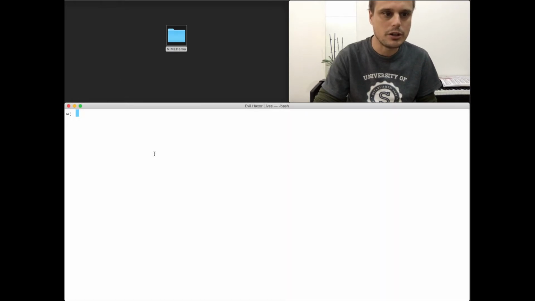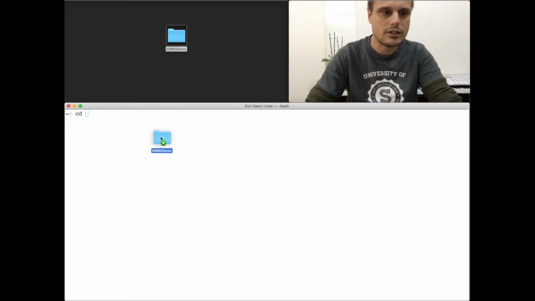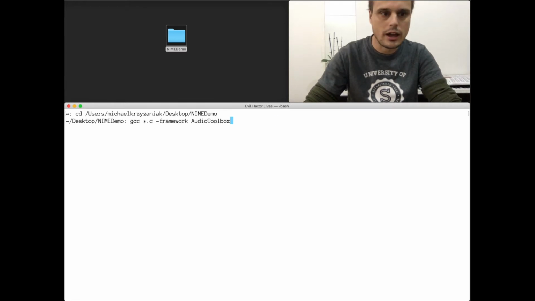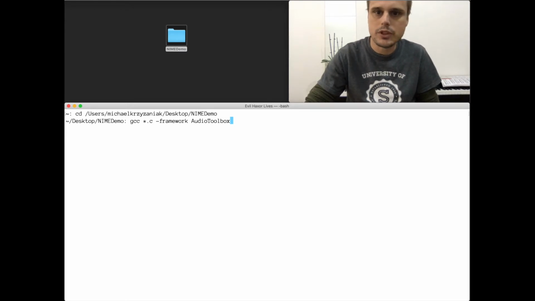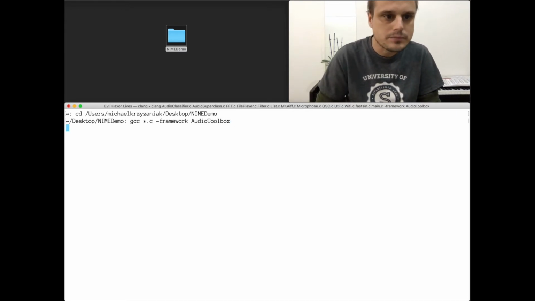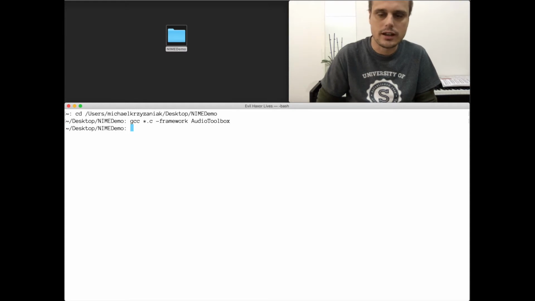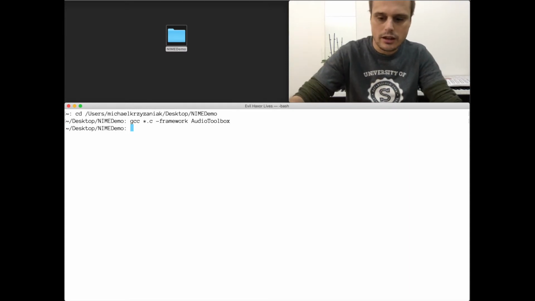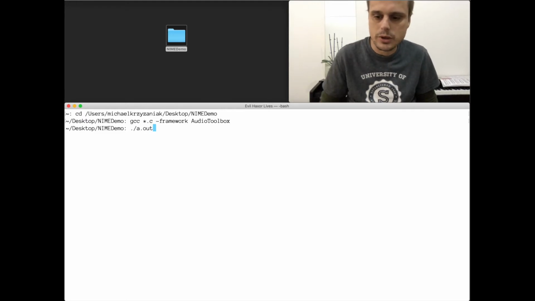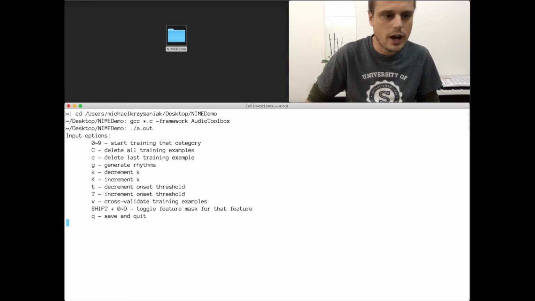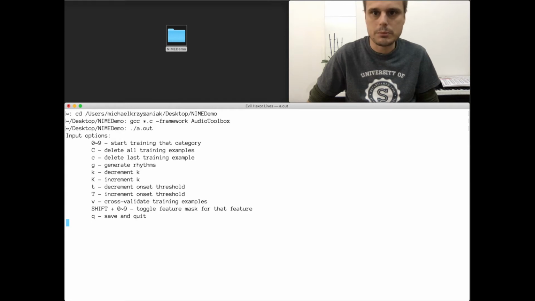I have my terminal window open, and I can just go to this folder and compile it, linking it against the OS X audio toolbox for audio processing. That compiles, and then I can just run the software. There are a bunch of options here, and maybe I'll talk more about what these options are in just a moment, but I'll start by pressing the button 1 on my keyboard,